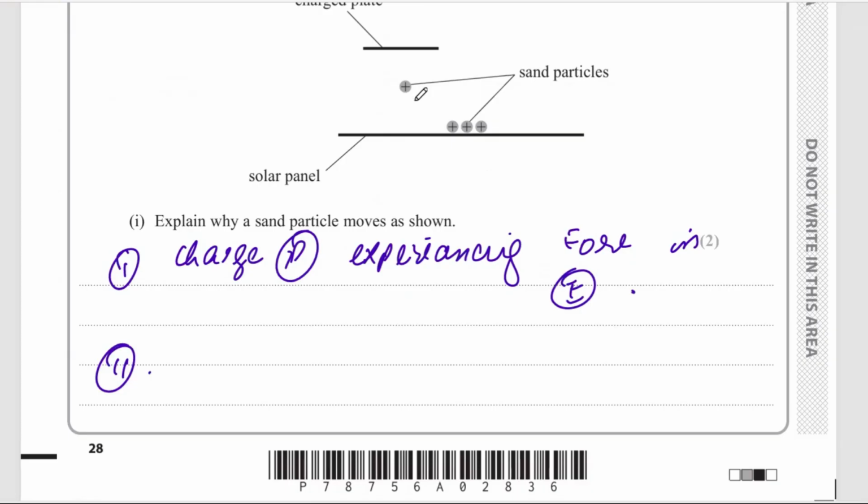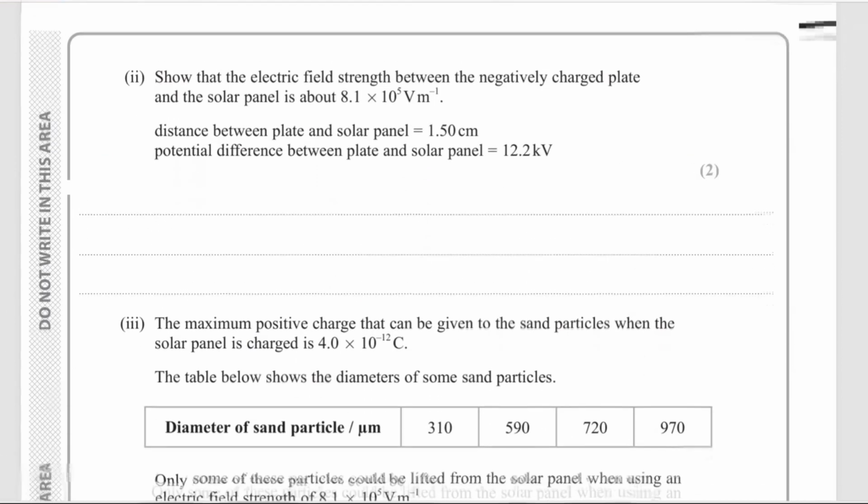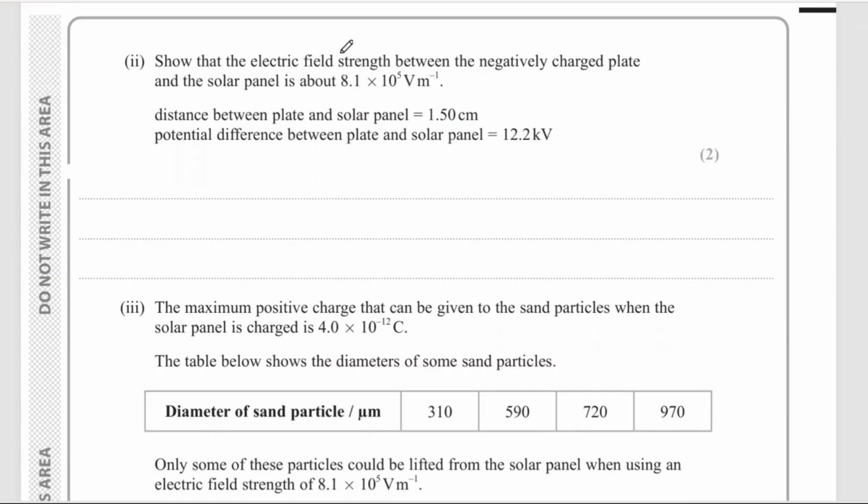That is why they're moving in this direction, right? The force of the electric field must be greater than the weight. Okay, that is how you can also mention it. Apart from that, in the second part, show that the electric field strength between the negatively charged plate and the